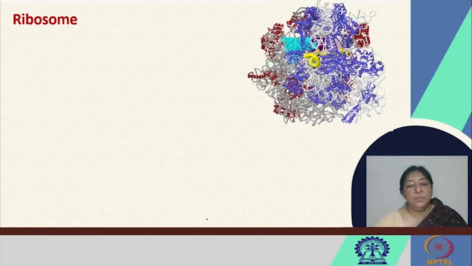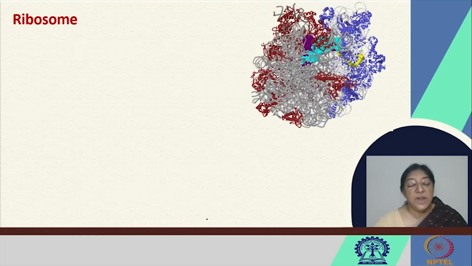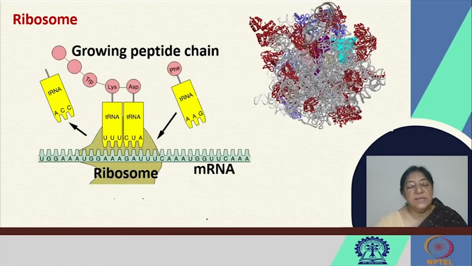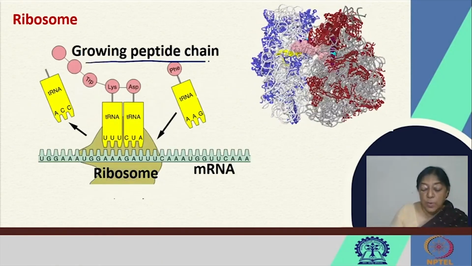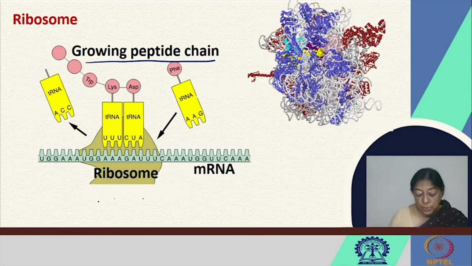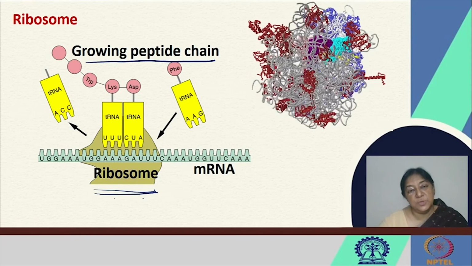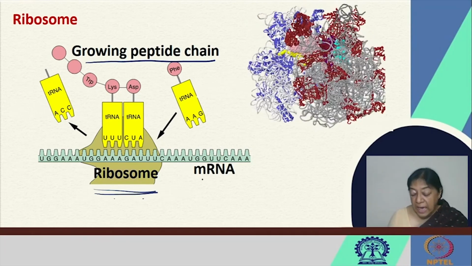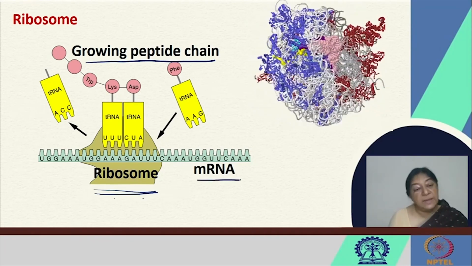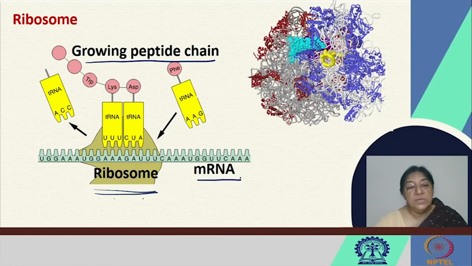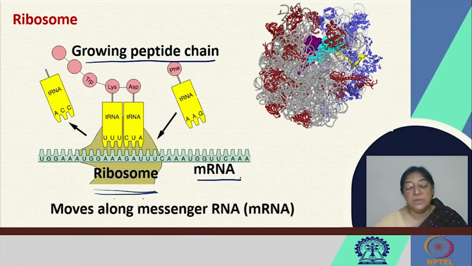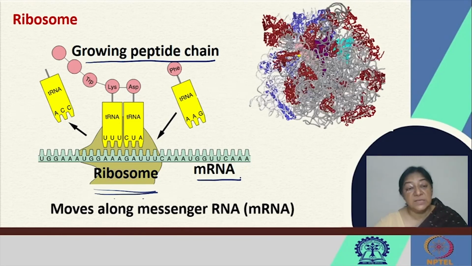In the ribosome now, a very important protein, there is the development of the growing peptide chain. So we have the ribosome protein, that is the whole machinery for the formation of the peptide chain, and we have the mRNA template. Now, in the process, which we will visit in a later class as well,